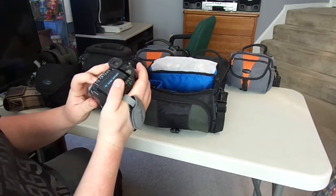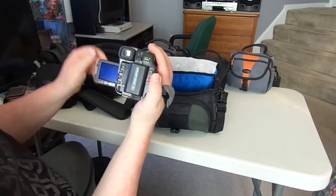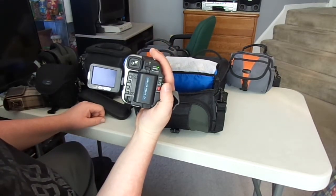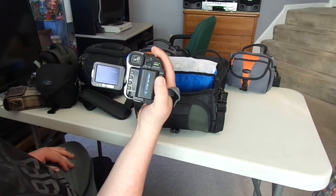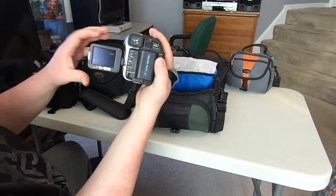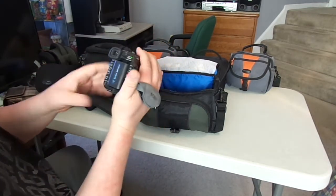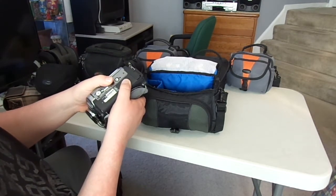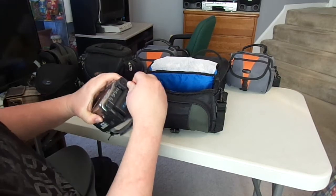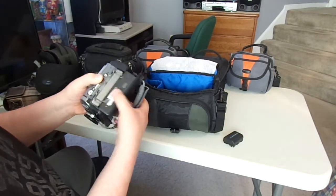But this one is in pretty good shape. There was one problem when I got it, and this is why I only paid $30 for it. When I first got it, if you would push record, it would only go for about 3 seconds, and then it would give me a tape cartridge error. And I got it home knowing it was probably an easy fix, and it was. I'm going to go ahead and remove the battery just to show you guys real quick. The problem actually was